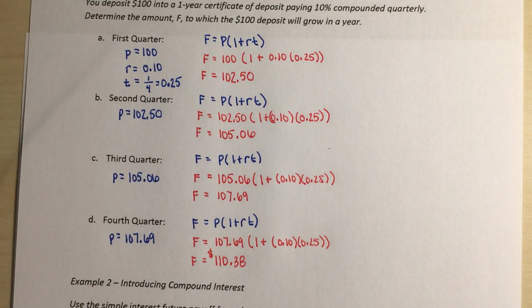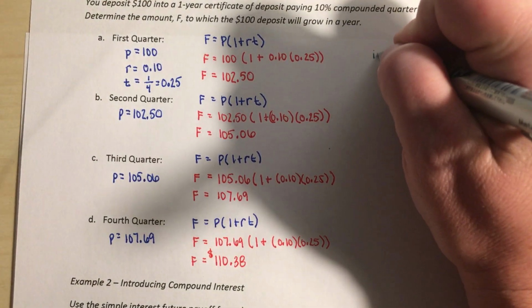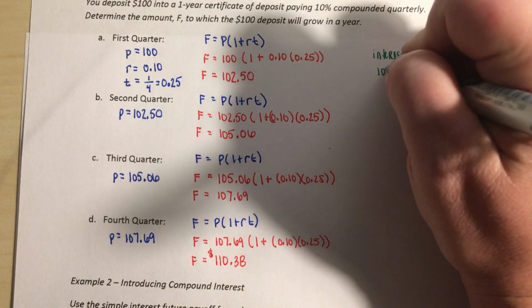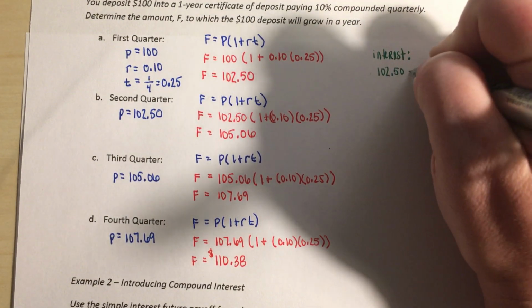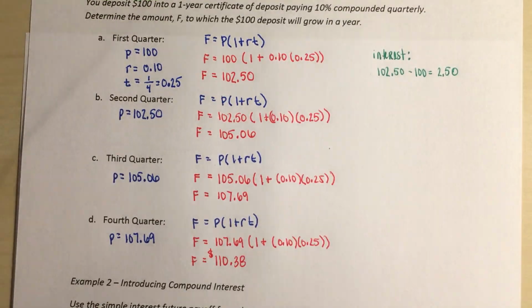Right, so what we've just done is we've actually just done a compound interest problem. But the difference is, instead of using our formula once for our compound interest formula that we're going to get, we just kept recalculating. And if we look at this, and compare these, notice that in this first example, if we take our 102.50 minus our original investment of 100, well, that gives us $2.50 interest for that